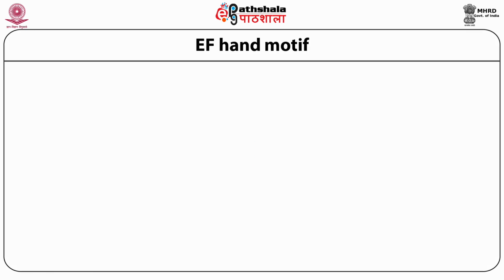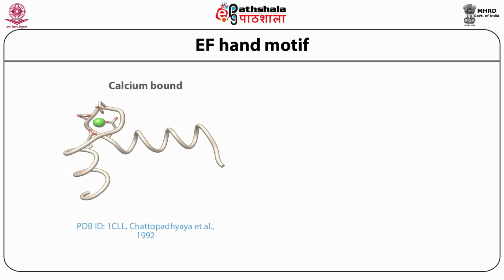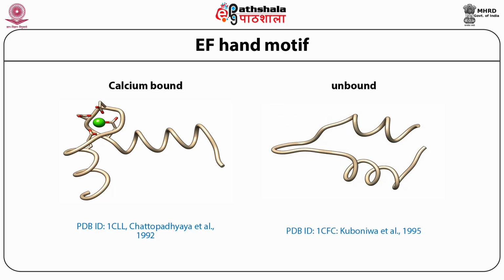So the calcium bound EF-hand motifs, as I described before, are perpendicular to each other. When the calcium is bound, you can see the aspartic acid and glutamic acid interacting with the calcium, and they are perpendicular to each other. This is a classical example, a calmodulin crystal structure. When the calcium is removed, this structure becomes completely collapsed and these two helices become parallel to each other. The right side one shown here is the unbound structure, where the two helices become parallel to each other.